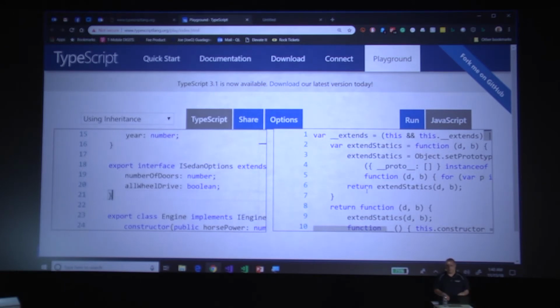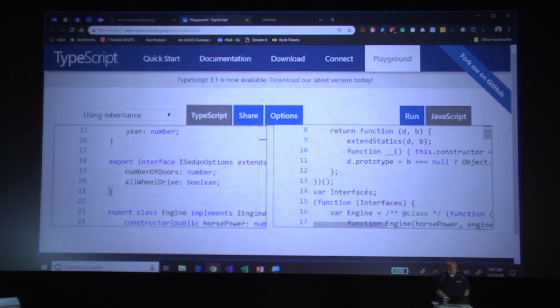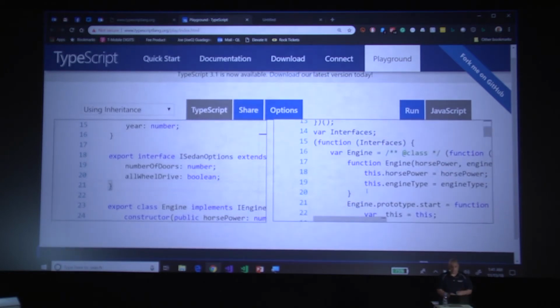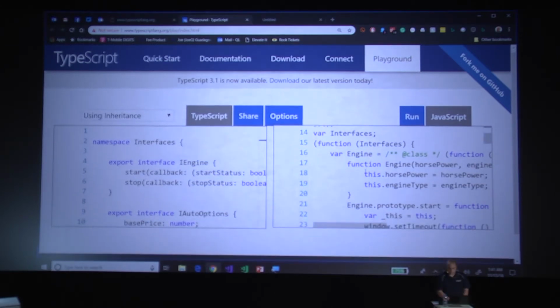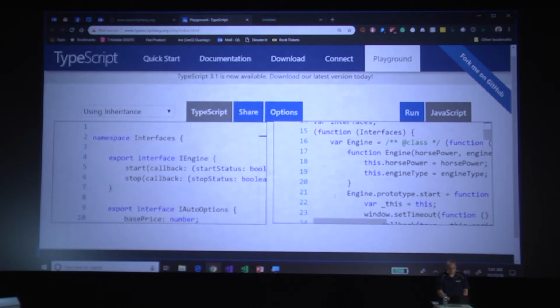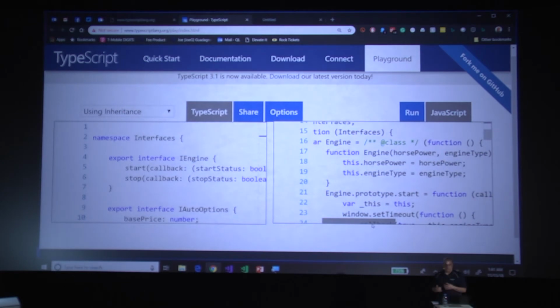TypeScript allows us to add that into it through a lot of behind the scenes, quote unquote, magic. So if we look at line 14, it actually declares a variable called interfaces, which matches what our namespace interfaces is on line 2. And then it starts to create them all. So if we look at var engine, you'll see what it really does is creates a class called engine, which is